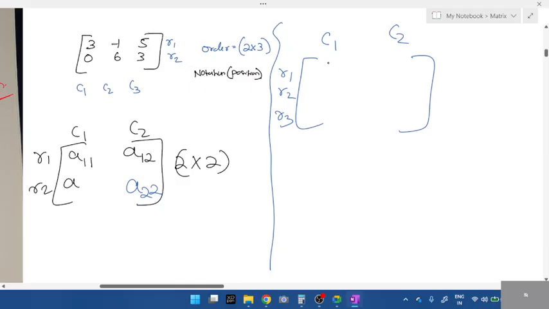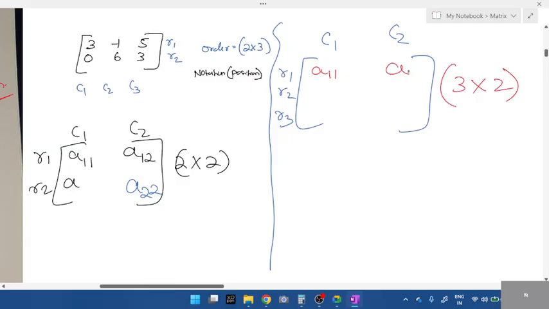Okay, can you all fill here? First, how many rows are there? 3 rows and 2 column. What is the order of matrix? 3 by 2, right? Yeah, 3 by 2. So we'll take a first element here. What should I write? With respect to row, it is 1 comma 1. Yes. We call it A11, not 1 comma 1. Next, below C2 and A1, what is A?